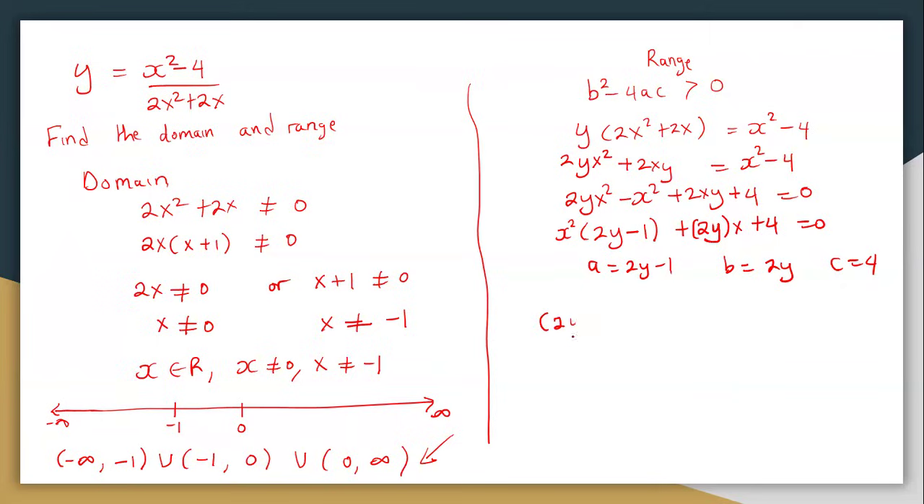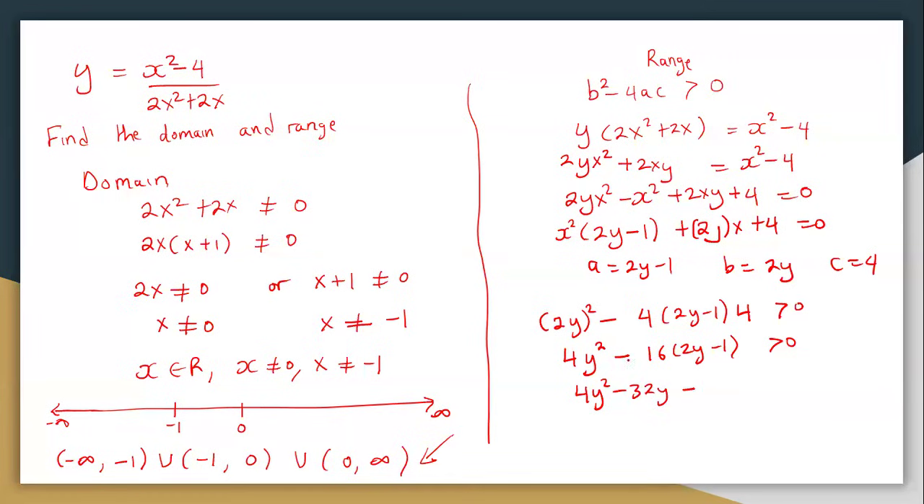So you have your (2y) squared minus 4 into (2y minus 1) into 4 greater than 0. So here, what shall we have? We shall have 4y squared minus 4 times 4 gives us 16 into (2y minus 1) greater than 0. So here we shall have our 4y squared, and we open, we shall have 16 times 2, which gives us 32, minus 32y, then minus and minus gives us a plus 16 greater than 0,